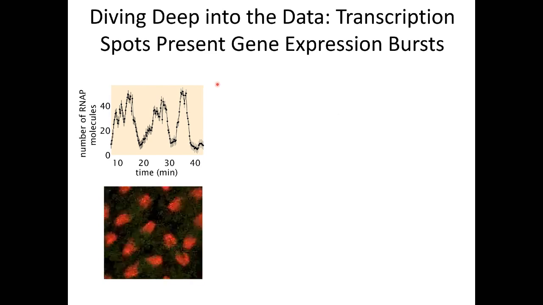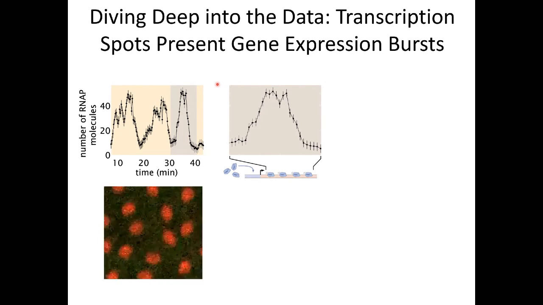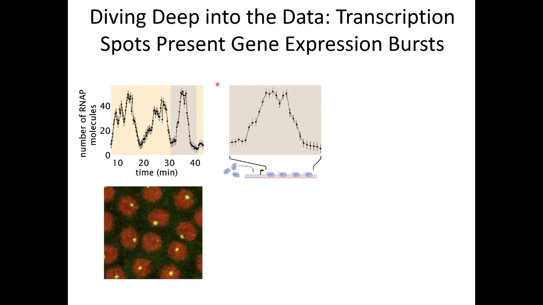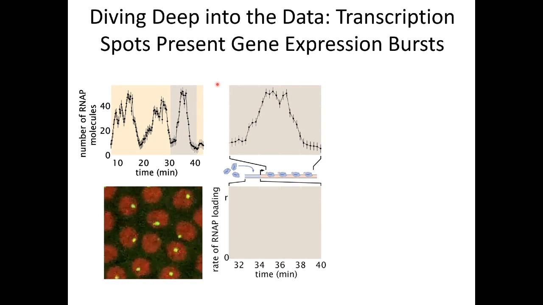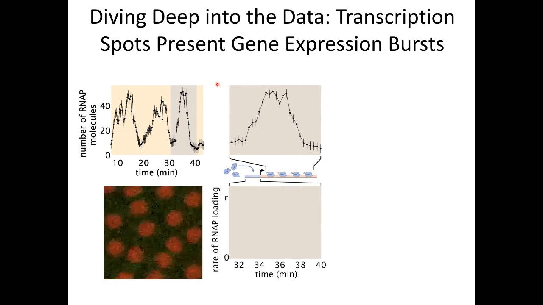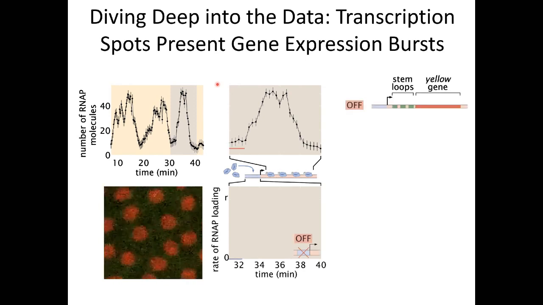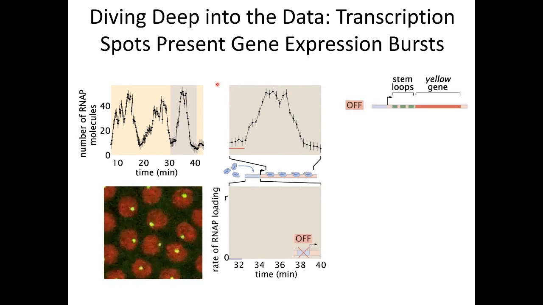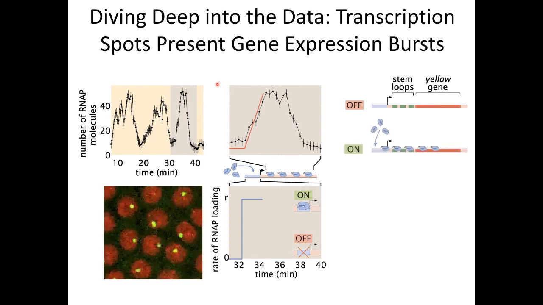Okay, so what do these trapezoids tell us? Well, you need to remember that this technology is measuring the number of polymerases on the gene. Presumably, what the transcription factors are doing is regulating the rate at which you load polymerases onto the gene. These two quantities are related, but they're not the same. And you can relate them through a very simple model where you say that initially your promoter is in the off state, then you turn it on, and you start loading polymerases one by one, and your fluorescence increases.